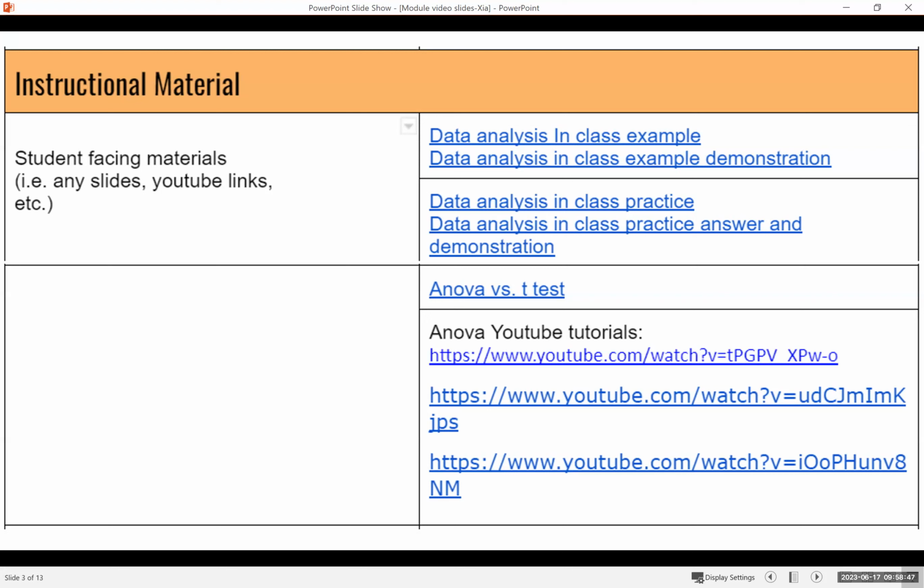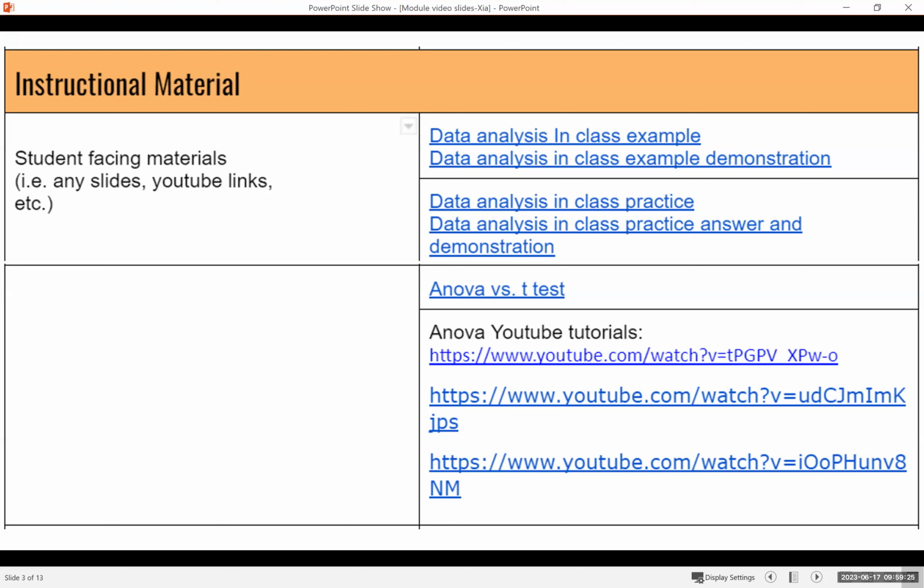During the class, first the students were given one data set, and the instructor explained how to analyze the data using ANOVA test. After the demonstration, the students were given one practical data set. The students were divided into smaller groups, and so they work with a classmate on